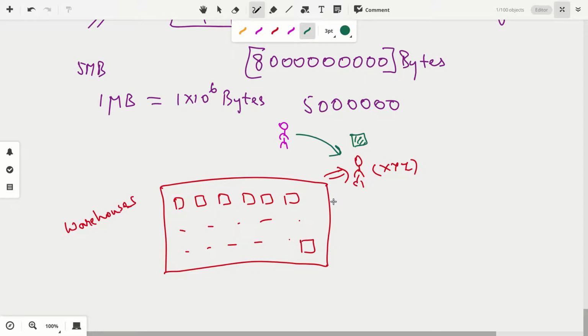Okay, what you do is you go and randomly put that thing in one of the available boxes among the 1,000 boxes, and you come out. You did nothing else, you simply kept it, closed the box, and came out. Let's say after 15 days, 20 days or 1 month, the person comes back again and says, can you just hand me over that thing that I gave you to keep safely? Now you will get inside the warehouse, but you will be confused. Why? You don't know in which box you kept that item, because all boxes look the same.